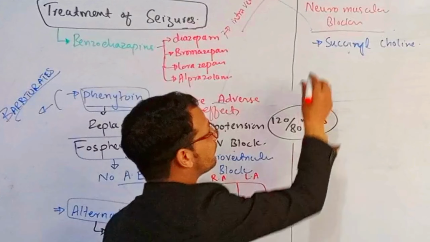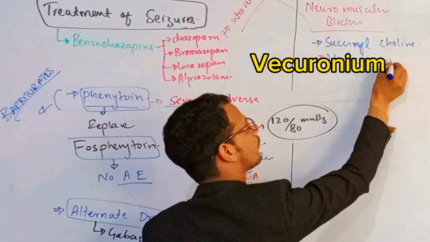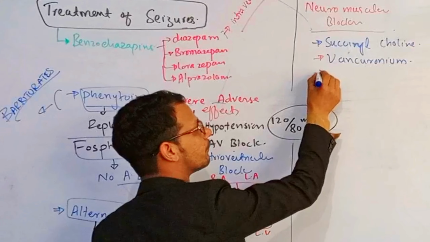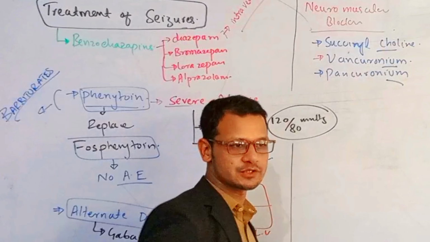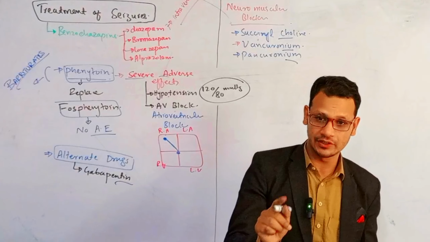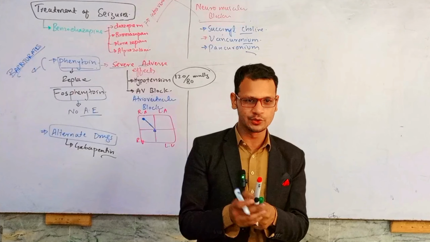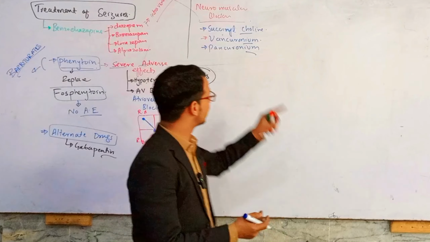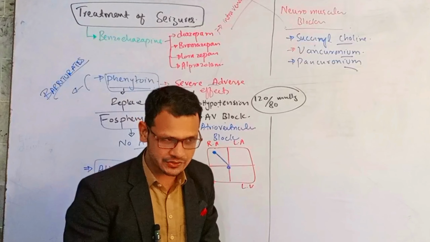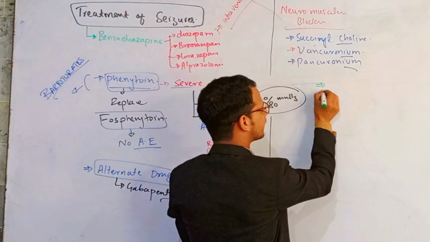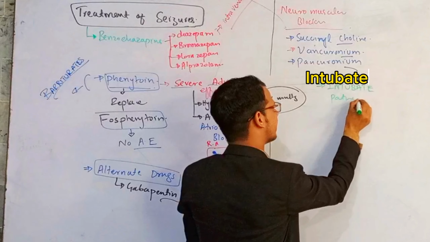These are the neuromuscular blockers, but remember that these drugs are not used for the treatment of seizures. They are only used for the intubation of the patient. When you give succinylcholine or other neuromuscular blockers, the patient's muscles will be relaxed and you can easily intubate the patient and give general